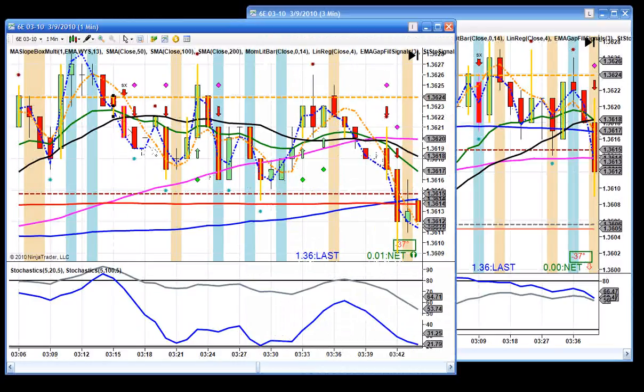So what you want to look for is that cross and that penetration. Now you can see we had this sideways market, this chop going because of the chop that was happening on this gap close. So we're going to fast forward to the point where we really started to get the cross and penetration, which is here right at